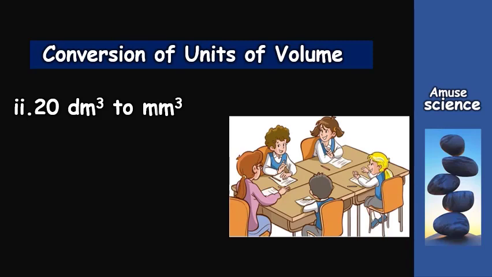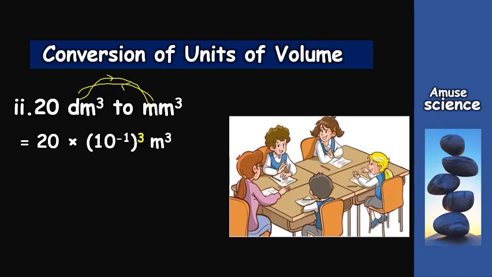Here we have to pause and look at it carefully. We have to convert decimeter cube to millimeter cube. We have already said in a previous tutorial that what this means is that we have to remove the deci from there and replace it with the milli. So first of all, we have to substitute the value of the deci there. Once we substitute the value of the deci there, it converts our answer to meter cube. So let's do that. We are going to get 20 times 10 exponent minus 1 cube, and this is in